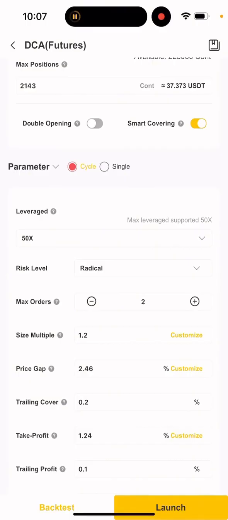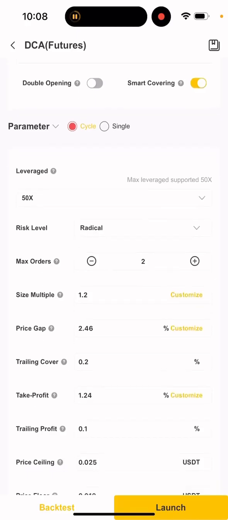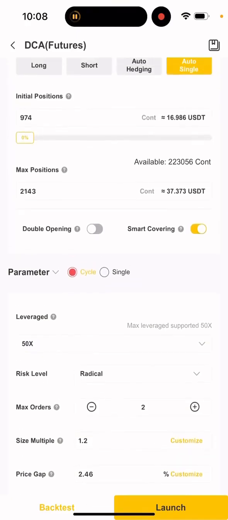For instance, your size multiple, you now know the meaning. Your price gap, you know the meaning. So your mass order, you know the meaning. So you can decide to change your mass order depending on your capital, your size multiple, your price gap. But you don't really need to put on all that headache. It just gives you a faster profit, but you just leave it at default, right? So once you leave it at default, come right here